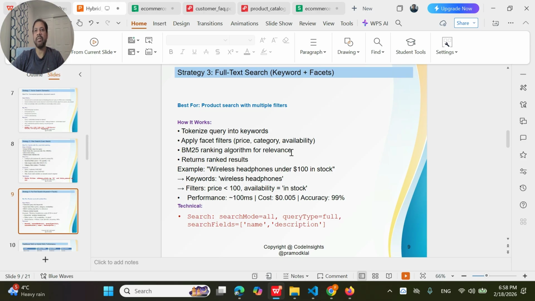BM25 ranking algorithm for relevance, and return ranked results. For example, "wireless headphone under 100K stock." See how the keyword is there. Wireless headphone, filter. What filter is applied here? It's price less than 100 and availability in stock. Performance is 100 milliseconds, cost is 0.05, accuracy is 99%, and the cost is low because there is no vector embedding